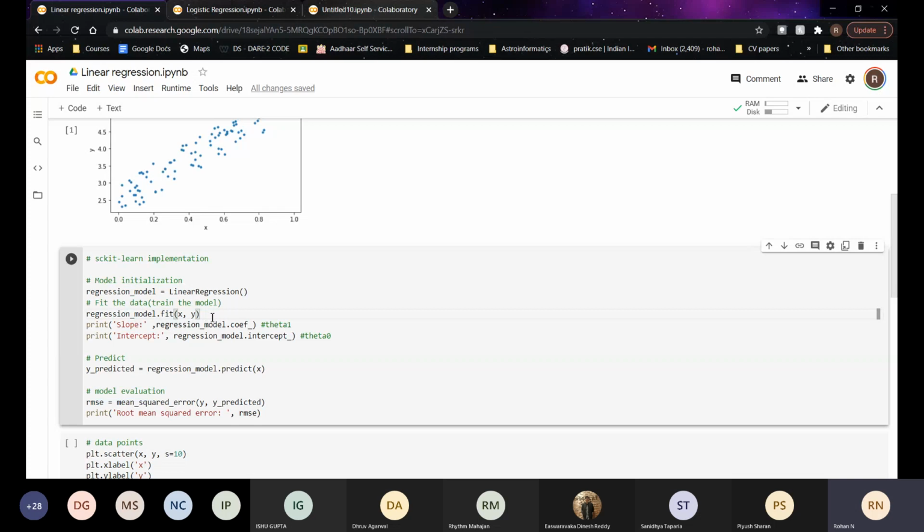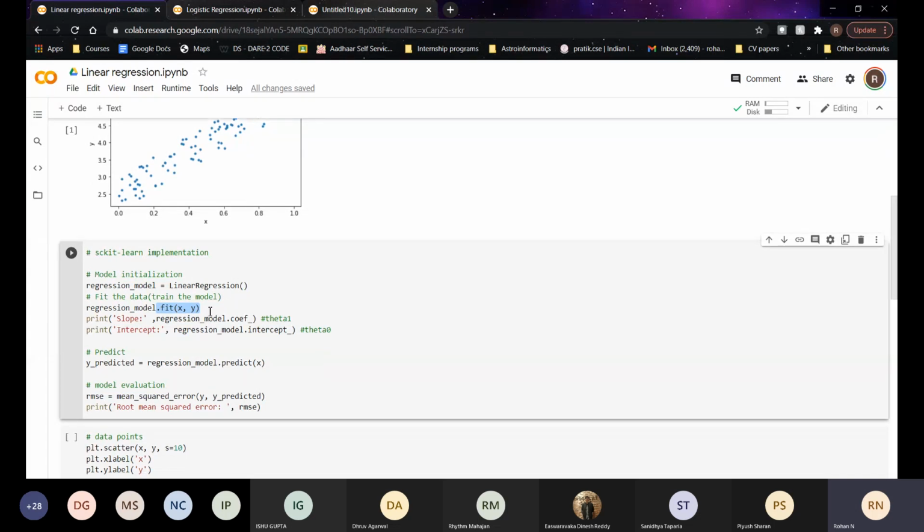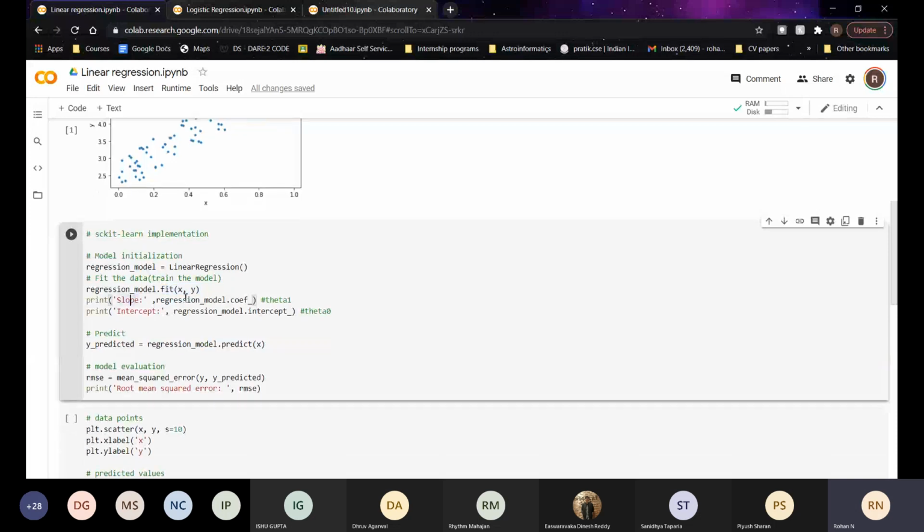This step will run for multiple iterations, and it will find the best fitting line. So all of that theory of optimization and finding the minima, you just need this one function to do the whole process. After this, if you want to check the slope and intercept of your line, you can just use dot coef underscore and dot intercept underscore, and it will print them out.